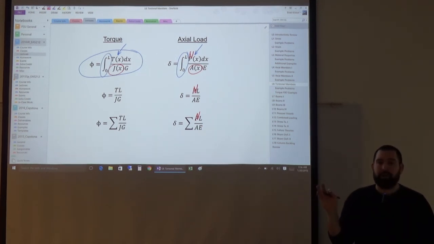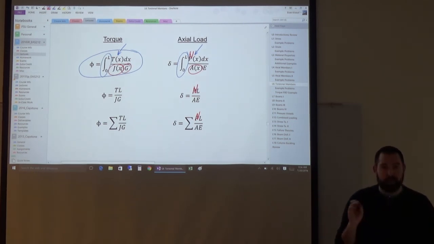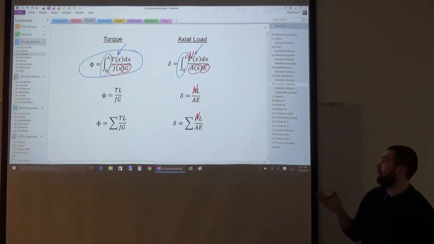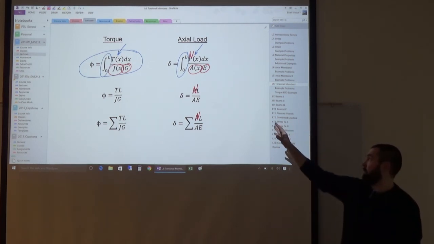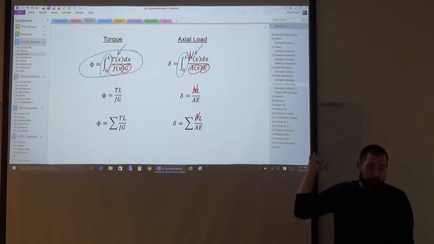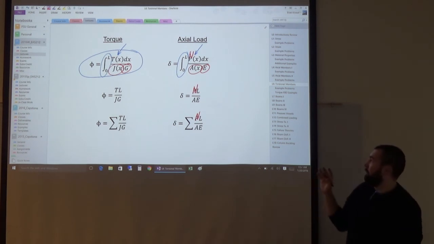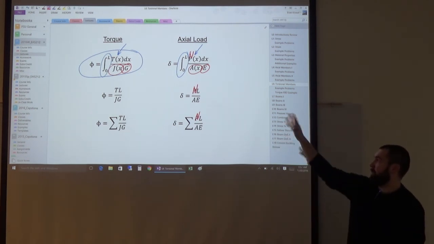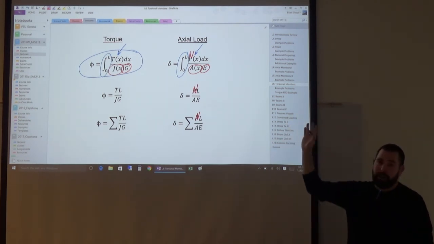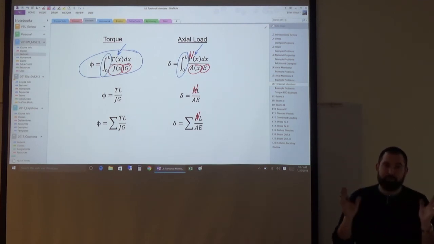And then something related to material stiffness as well. For torsional members, that's the modulus of rigidity, also known as a shear modulus. For axial members, that's the modulus of elasticity. So similar format, the calculation ends up being very similar. The biggest difference is that the units are different for torque and for axial members, but that all works itself